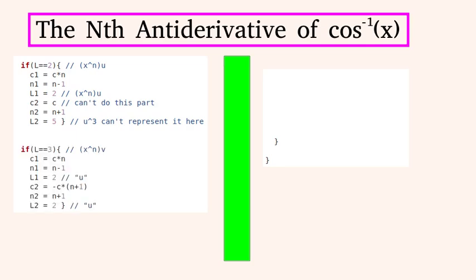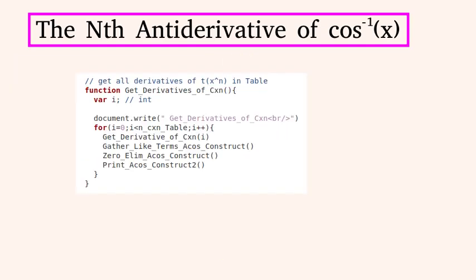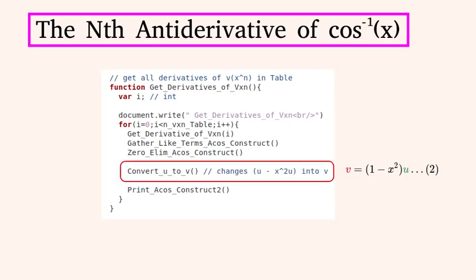And these are the terms for a term with a v variable. So we'll copy all of these derivatives into the answer array, which is called the construction array. And we'll increment this variable to avoid infinite loops. And the number of terms in the answer is twice the size of what we differentiated, but we still have to simplify it. So this function gets the derivative of every expression in the table and prints them out. It should display the correct version of c times x to the power of n for each of these expressions to be correct. And this is the function to find the derivatives of these antiderivatives of v times x to